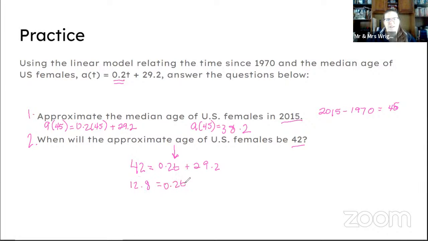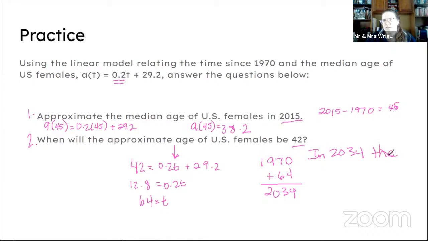equals 0.2t. And then what's happening to t is it's being multiplied by 0.2. So we're going to have to take that 12.8 and divide by 0.2. And you get 64. 64 equals t. So is it the year 64 that this happens? No, it's 64 years after 1970. So we have to do this one extra step and do 1970 plus 64. All right, so 1970 plus 64 is 2034. So our answer is in 2034,